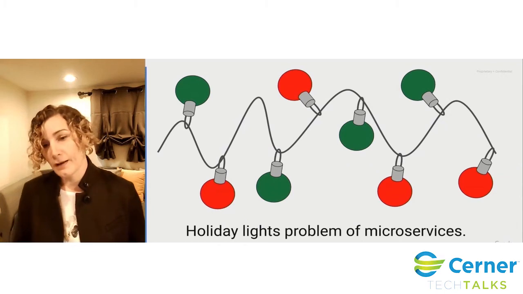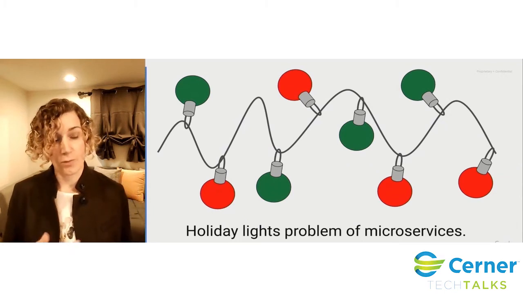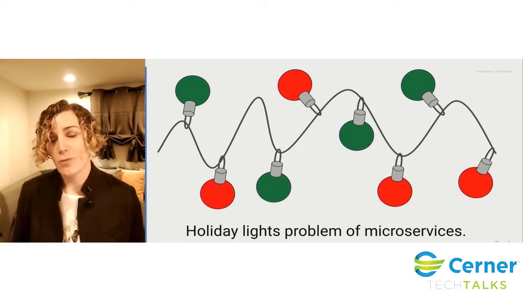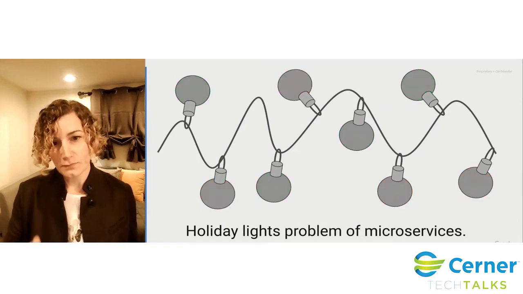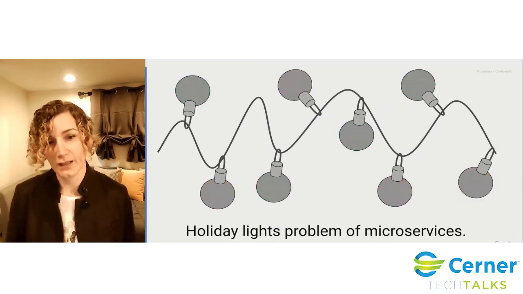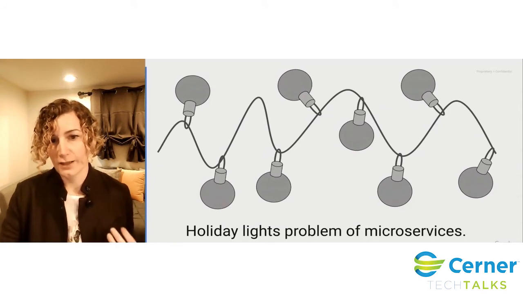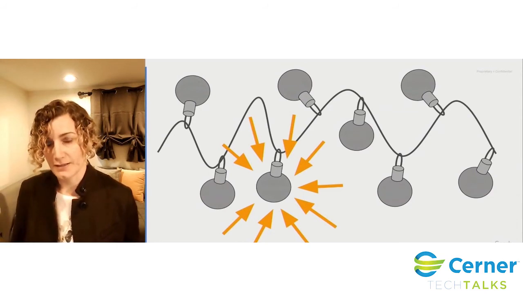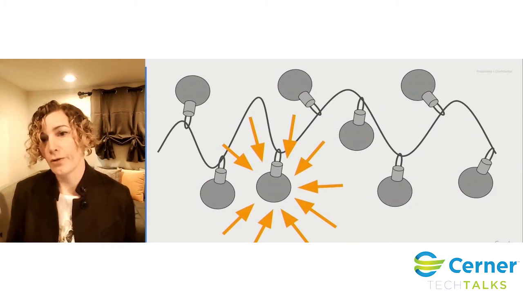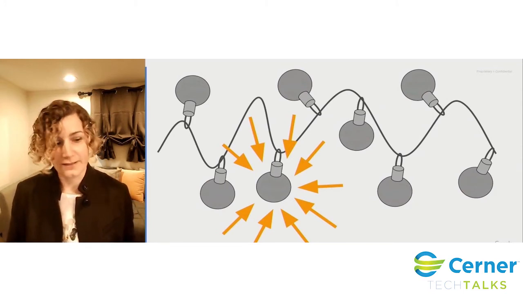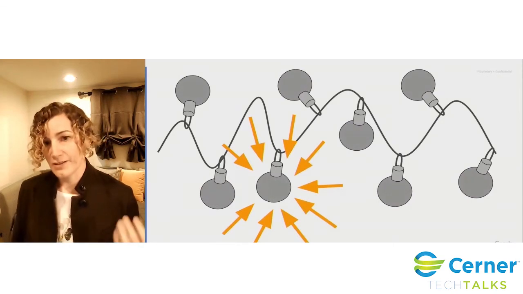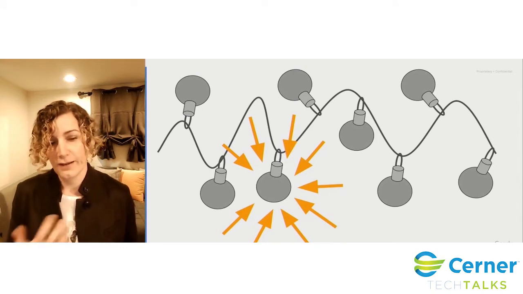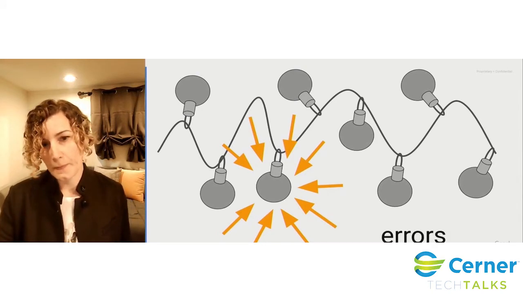The reason why this became important is because as we've moved as an industry to more and more services communicating over unreliable networks, we run into this problem where when something breaks in our system and the whole system seems to be failing, it's really hard to figure out where to pay attention, like where's the problem probably coming from. And so this is the holiday lights problem of microservices, in that you have a strand of lights, one bulb goes out, but it breaks the circuit and the whole thing goes out. And then you have to figure out which bulb it is. And if that's a set of microservices interacting, you don't want to have to do the binary search approach of figuring out which one is at fault. And so you want observability to answer the question for you.